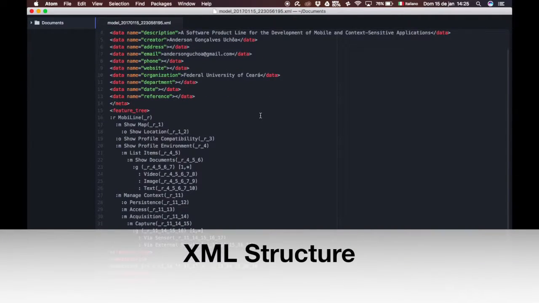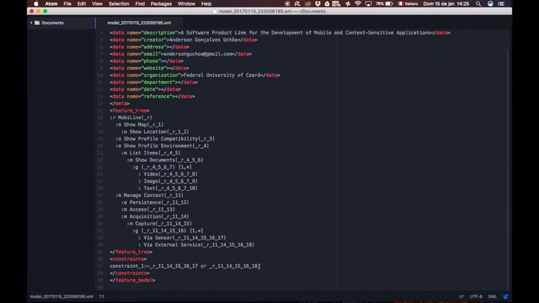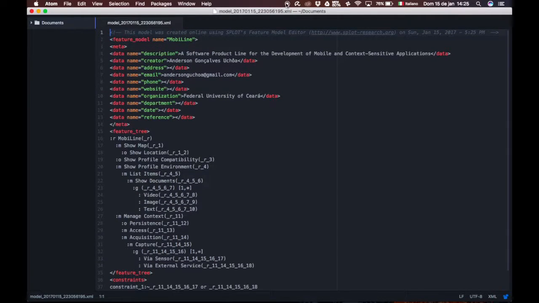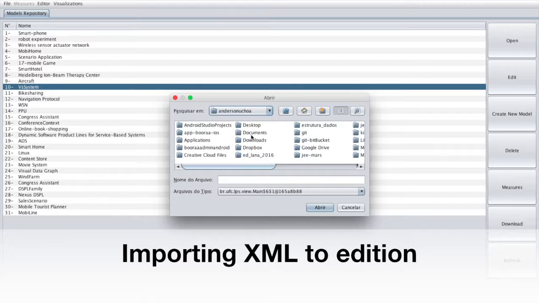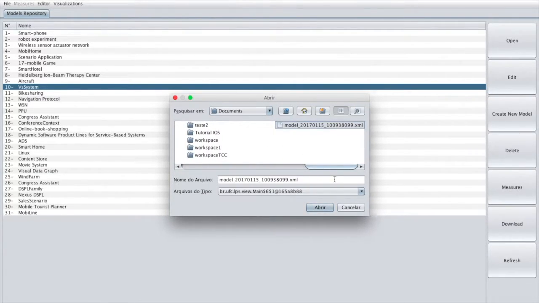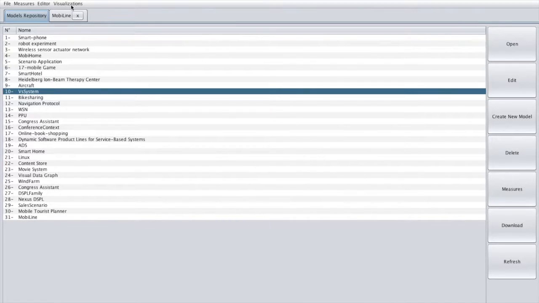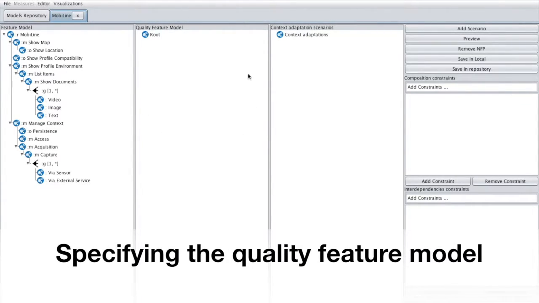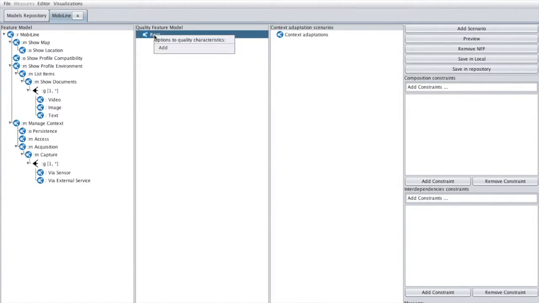The body of the file is mandatory and it comprises the feature model structure and its integrity constraints. After this, we will present how to import a feature model for edition. In the second task, we will present how to specify the quality feature model, inserting the values of quality characteristics, quality